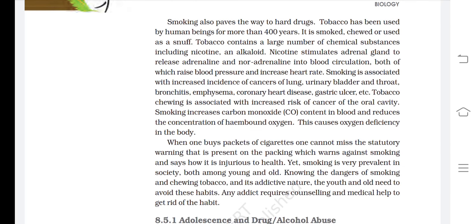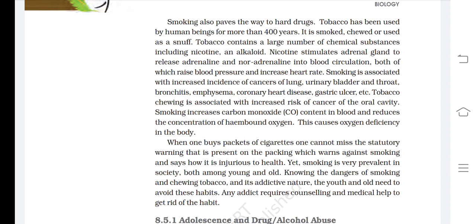Smoking also paves the way to hard drugs. Tobacco has been used by human beings for more than 400 years. It is smoked, chewed, or used as a snuff. Tobacco contains a large number of chemical substances, including nicotine, an alkaloid. Nicotine stimulates adrenal gland to release adrenaline and noradrenaline into the blood circulation, both of which raise blood pressure and